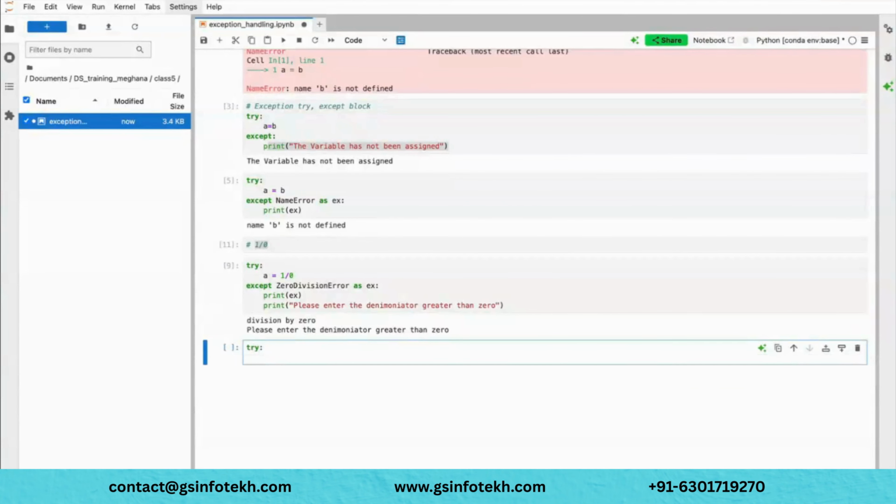Let's say I have a block of code like this: a equal to b, and then maybe I will write result equal to 1 by 2. Okay, let's write like this. So now you will get only one error, right? Where you have the a equal to b condition, right? So exception, but I don't know whether the user will enter the value 0 or not, correct? So you never know, this error also will occur, this error also will occur.